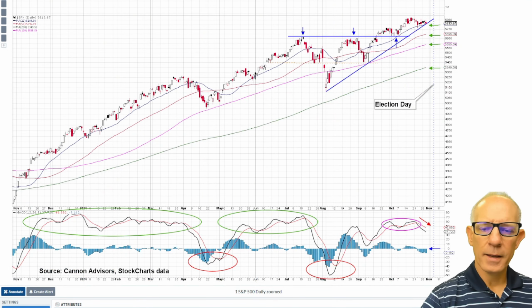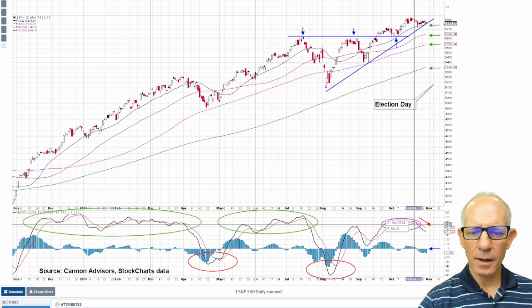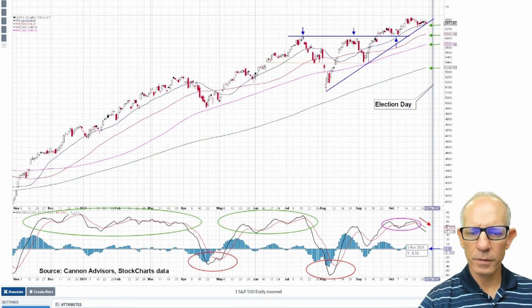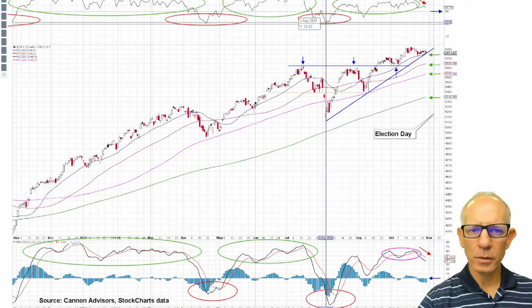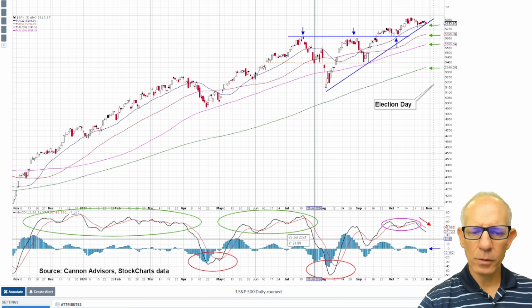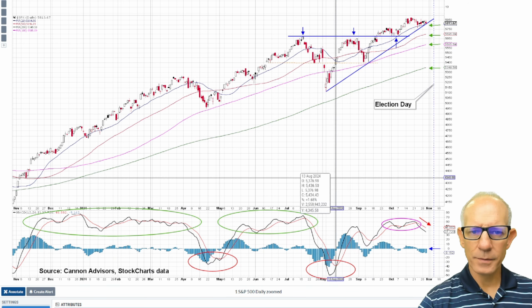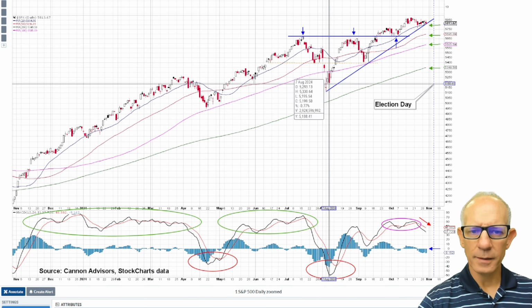And then secondly, the MACD, same thing, starting to tail off a little bit. We've had kind of a negative cross down. However, we're still very, very positive. So again, when you have the RSI trading below 50, and you've got the MACD crossed over and really breaking down to negative territory, that's where the market tends to struggle.